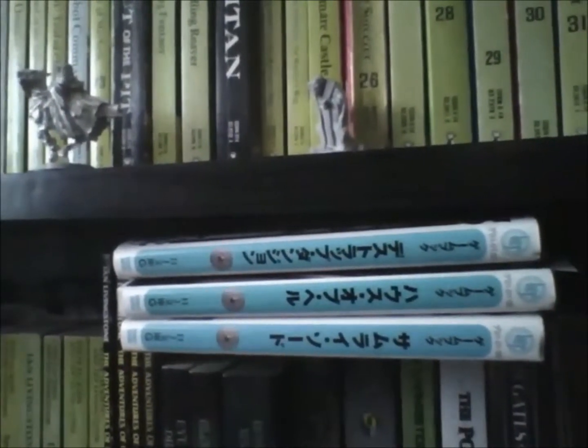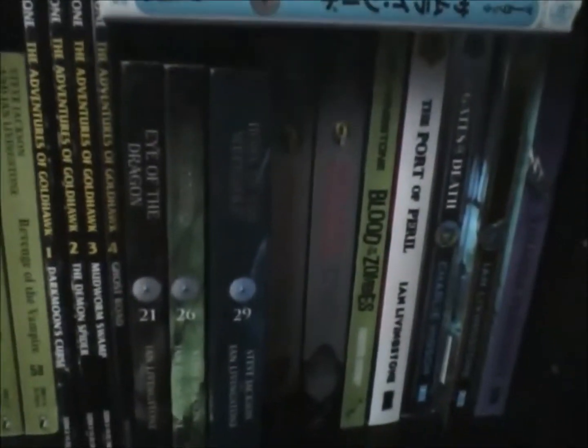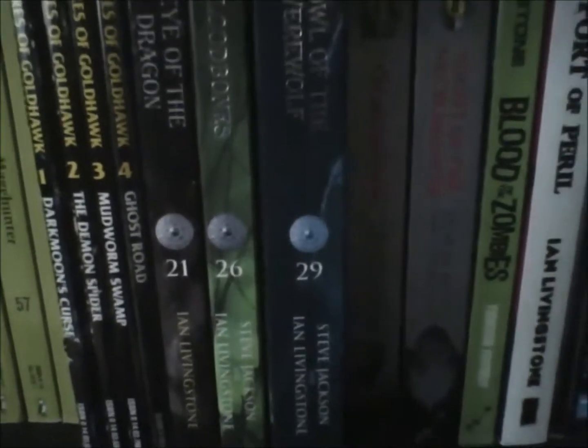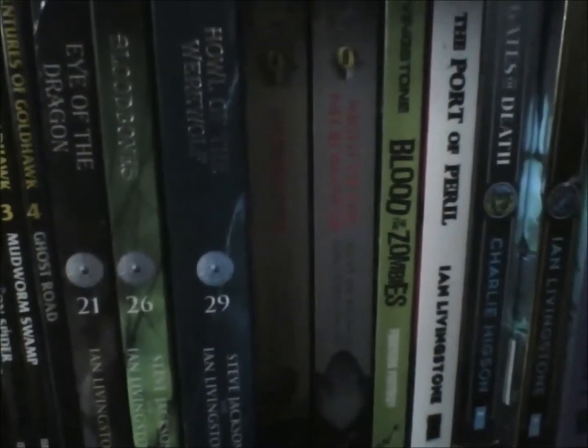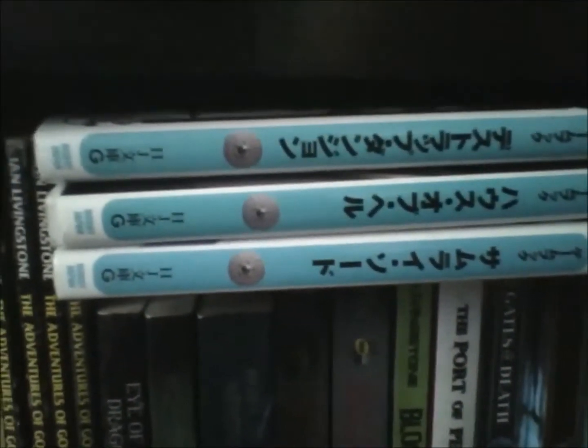So to recap what that is, Fighting Fantasy is a series produced in the UK by Puffin in the 80s and 90s. They stopped publishing in the mid-90s, and they also had worldwide releases, including in Japan, with the same art inside. But then later, in the 2000s, Wizard Books over here re-released many of the books, at least half-ish. And over in Japan, a bit later on, a release from Bunko, or I think it's actually called Hobby Japan,